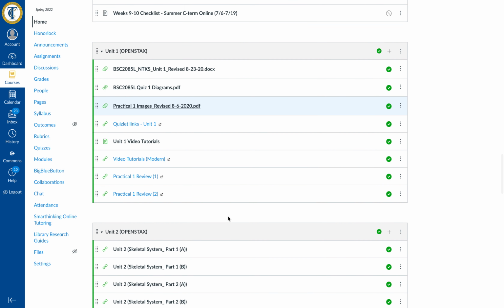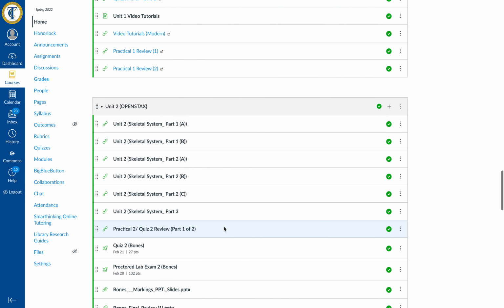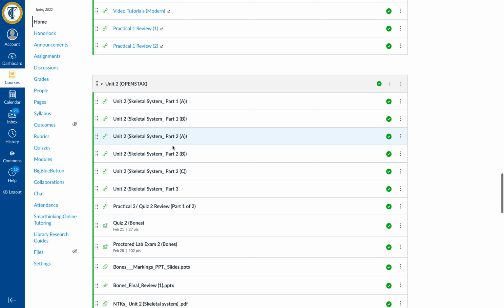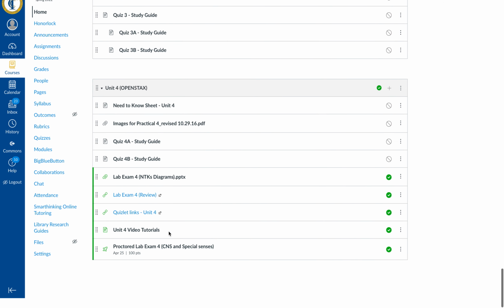For modules 2, 3, and 4, the same material is going to be covered on both the quiz and the practical exam. So practical 2 and quiz 2 cover the same material. Practical 3 and quiz 3 cover the same material.